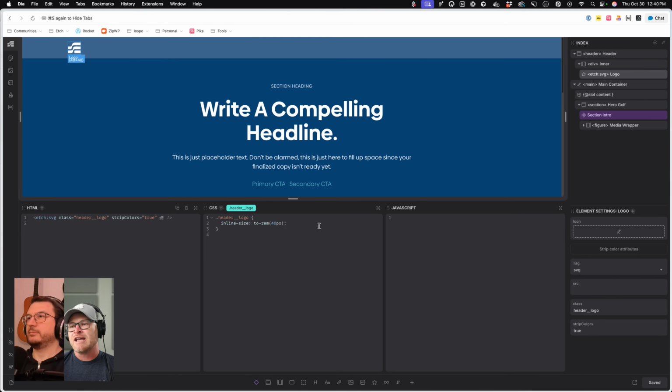So, again, it's the methodology you're using to change the colors in the first place, based on whatever it happens to be, dark mode, light mode, contrast, and so on. That's going to determine what you're going to do or how you're going to approach the logo changing as well.